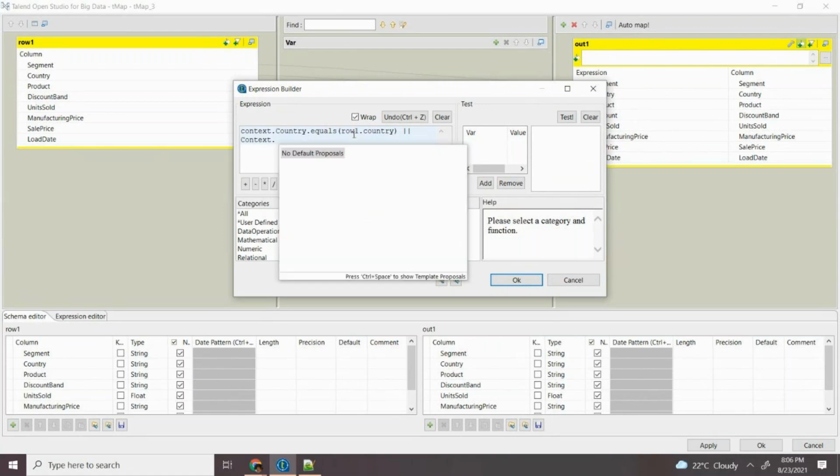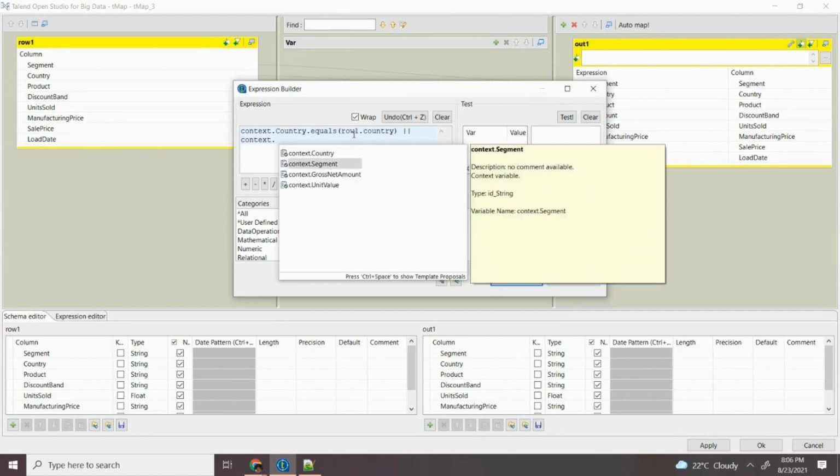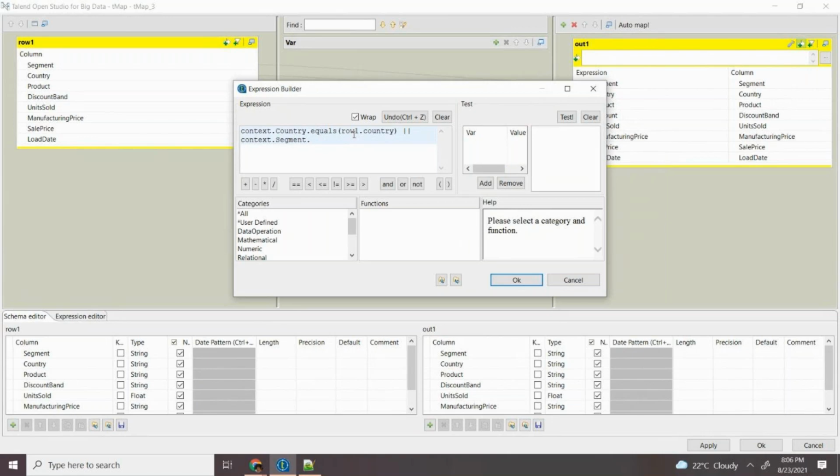It won't show up anything because it's case sensitive. The context should always be written with a small c. equals row one dot segment, row one dot segment, or